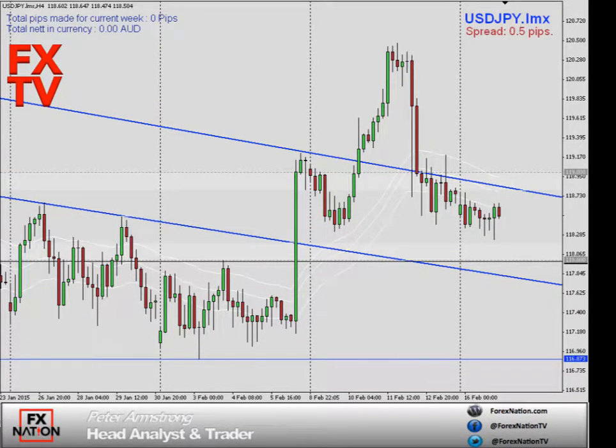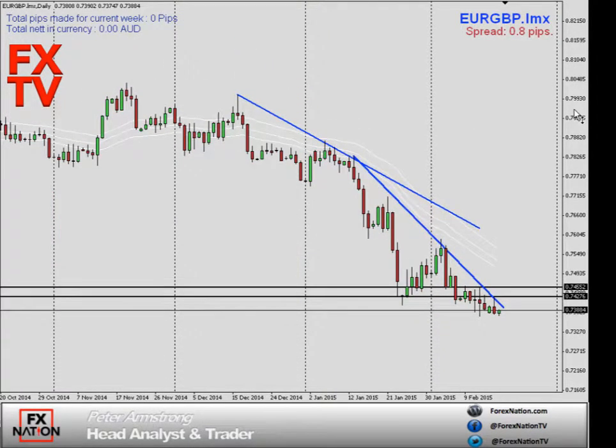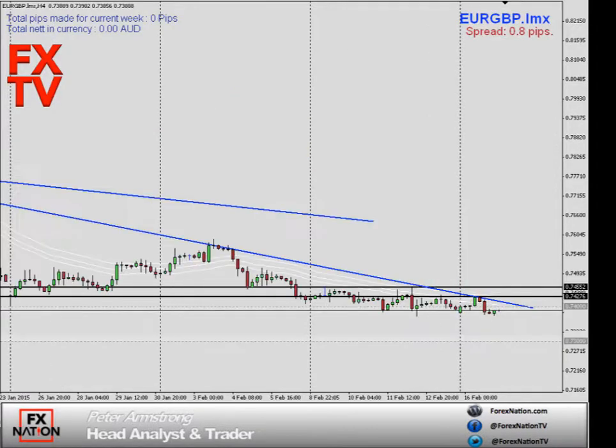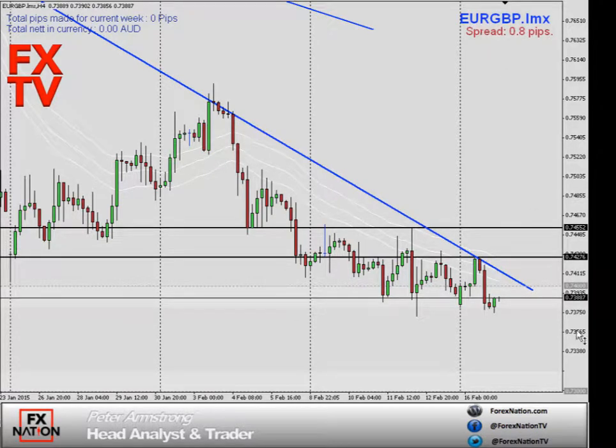Now, the euro has been weak due to the deal falling through, and the pound economy is strong. So it makes sense for us to be looking at the euro pound. As the euro economy continues to be weak and a deal continues to drag on, we will see the euro come under pressure. And if we get some solid news tonight from the UK economy, this will spark a sell-off in the euro Great British pound tonight. So there's a trade for you to be looking at.